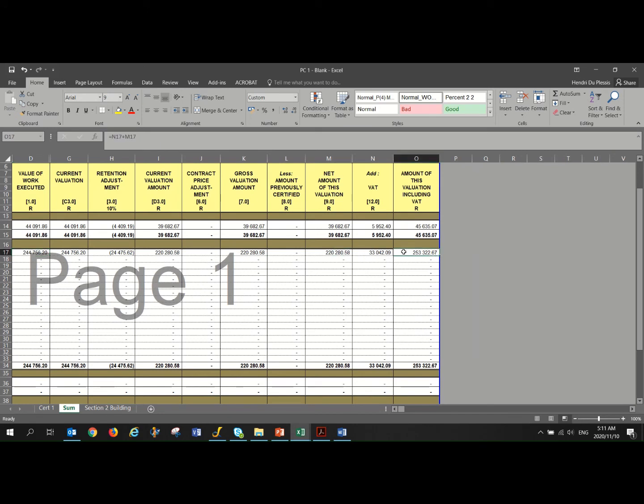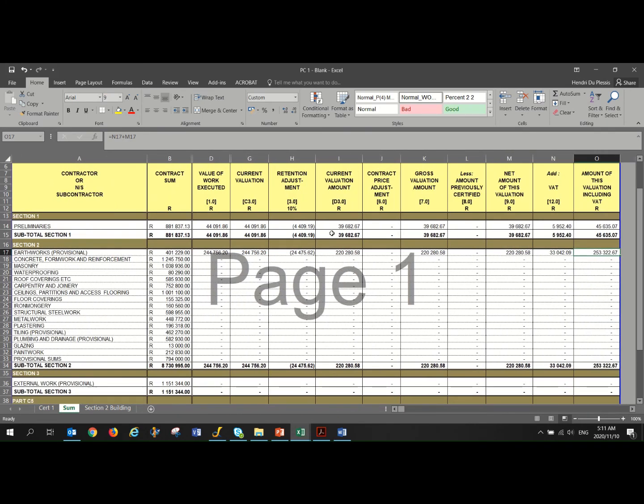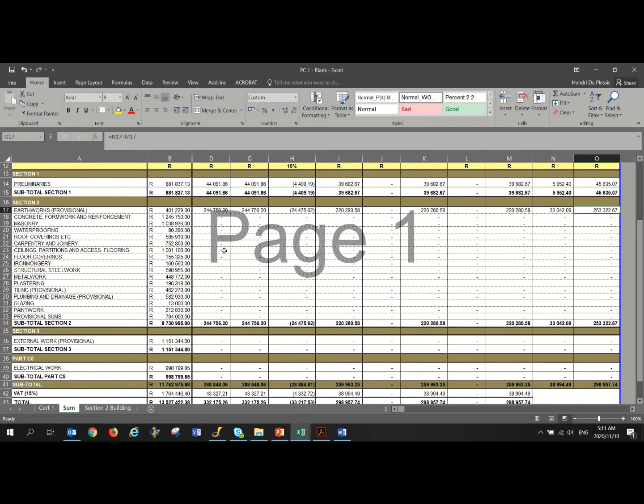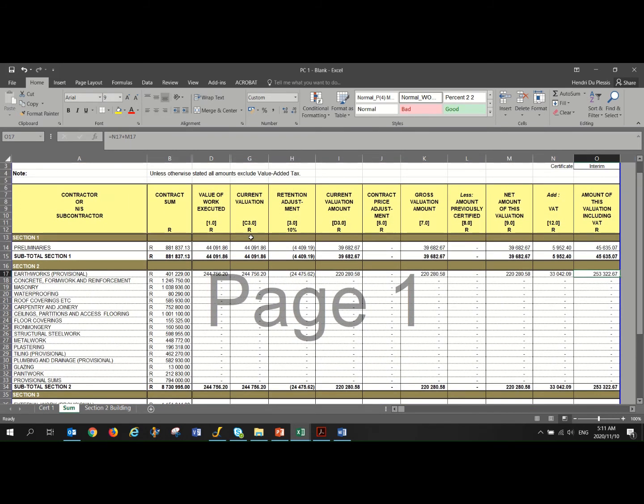Okay, so that's more or less how that works. So this is your summary sheet, and then very importantly, from here on, carrying the amount over to your payment certificate, it's very important to carry over the correct amount to your payment certificate. So we're going to repeat many of these items on our payment certificate. So it's a bit of a repetition, but it's also a check that we build in whenever we do a payment certificate. So a summary sheet that we've got here and our payment certificate has to add up together,